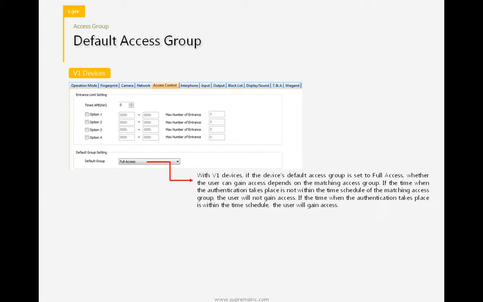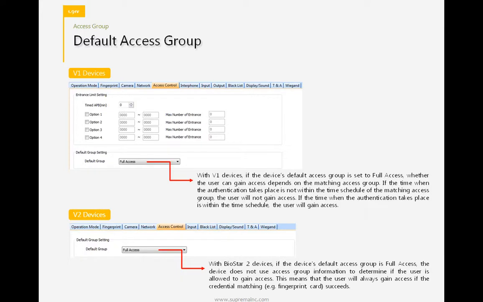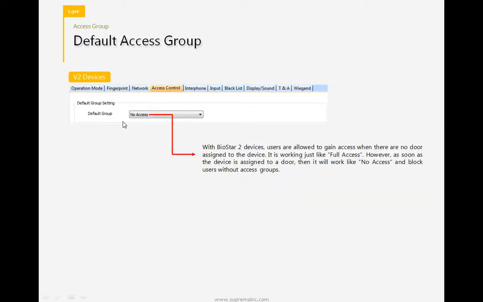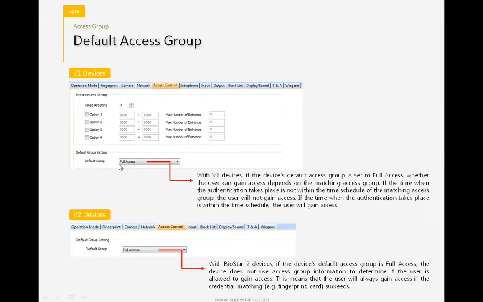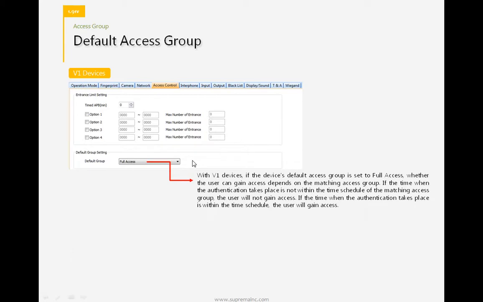Another difference between the default access groups is about full access. Previously we were talking about no access, but how about when we change its default group to full access for version 1 devices? If the device's default group is set to full access, the user will still gain access depending on the access group.